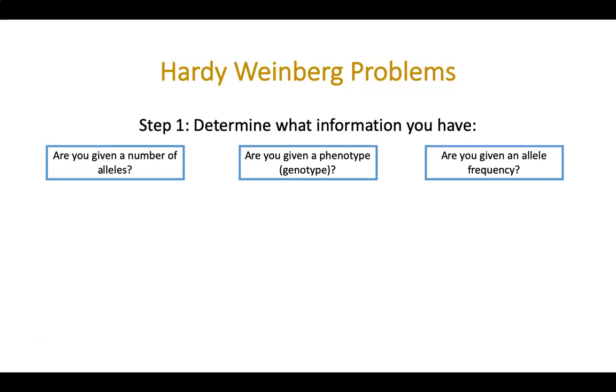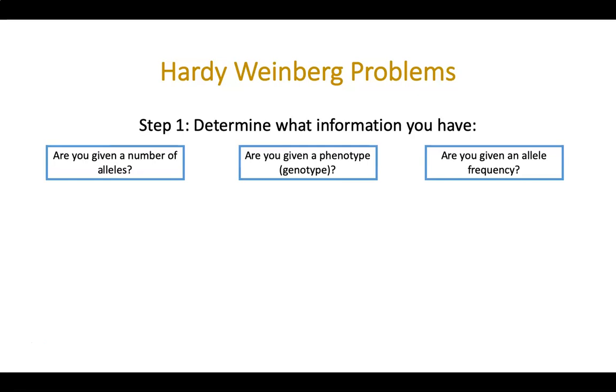Let's walk through how to get started on Hardy-Weinberg problems. So the first thing that you need to determine is what information you're given in the problem. There are generally three types of information you're going to be given. You're going to either be given the number of alleles, so this is going to be an allele count,